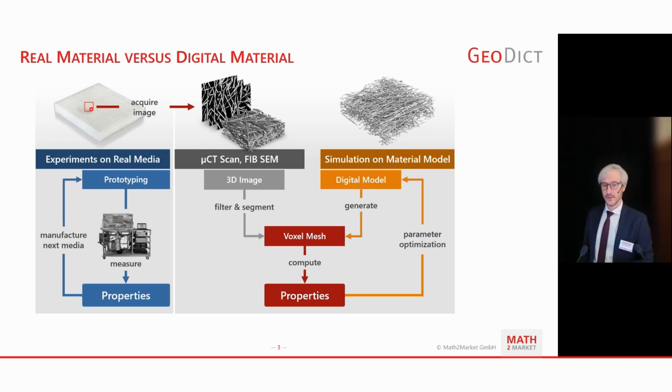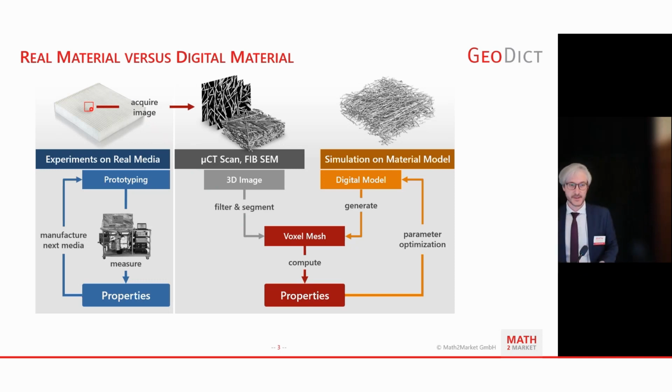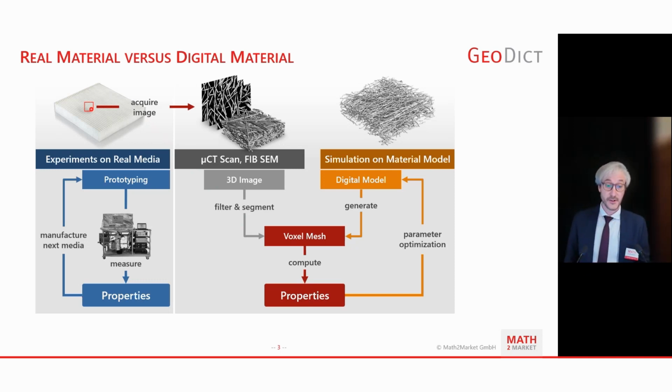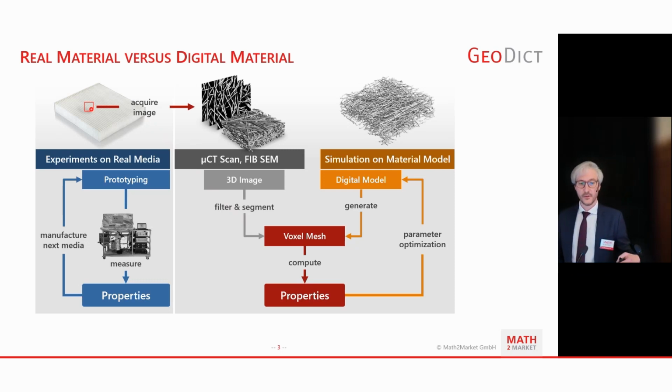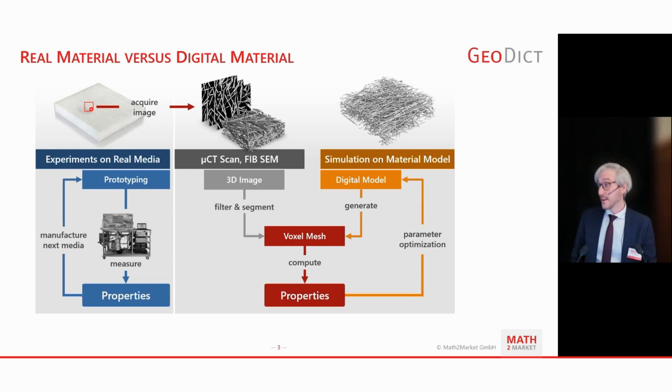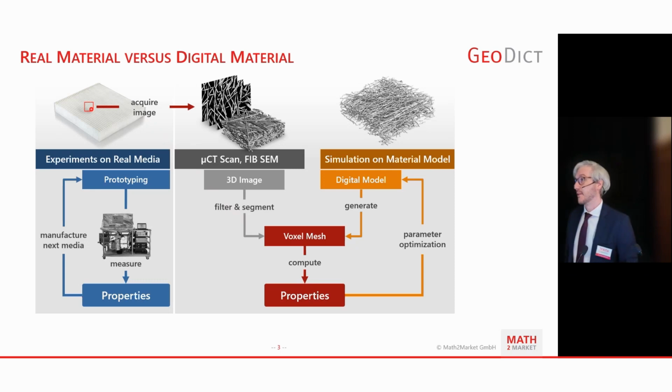And we also have these structure generators, and you can create digital models, and you can try to run this as a loop for parameter optimization, design new models digitally, generate the structure, and simulate the properties until you have found your desired material. And of course, when you do that digitally, it's very cost effective. You can save resources, you can save a lot of time. So there are many advantages.